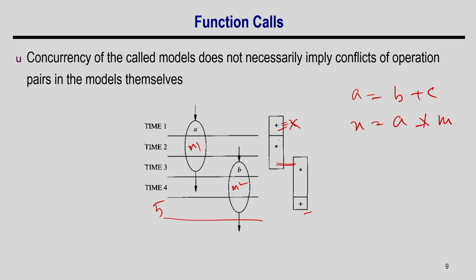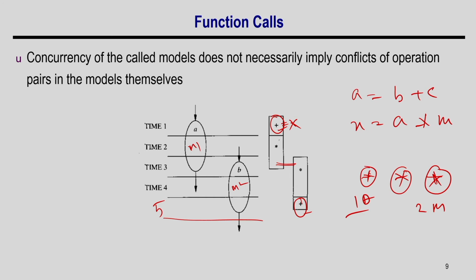So, although there are two calls, I cannot blindly say that since there is some overlapping of this function, I cannot do any sharing. That is not correct. I can actually share the same adder to execute both these addition operations, but I need separate multipliers, right. So, I need two multipliers and one adder to execute these two calls of the function. This is what I mean: even if there are two calls of a function that have some overlapping, it is not always the case that I cannot share anything.